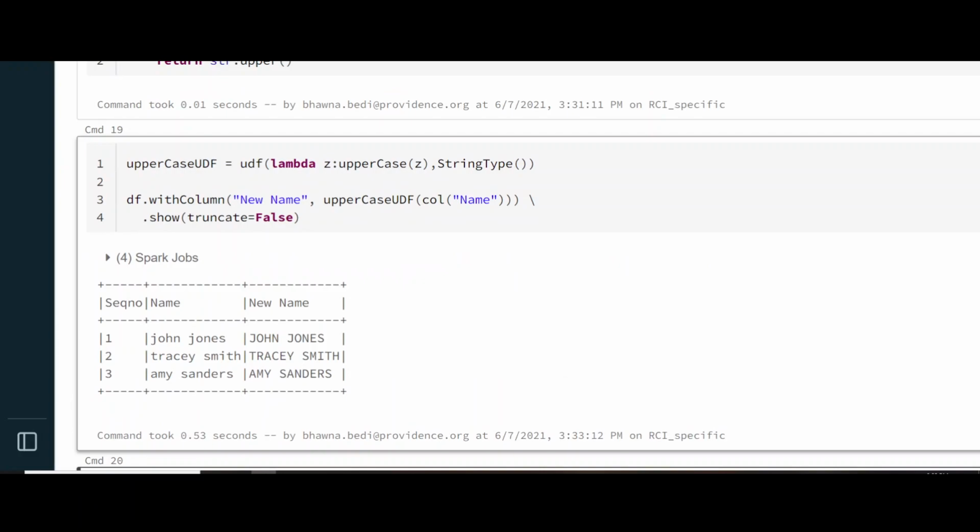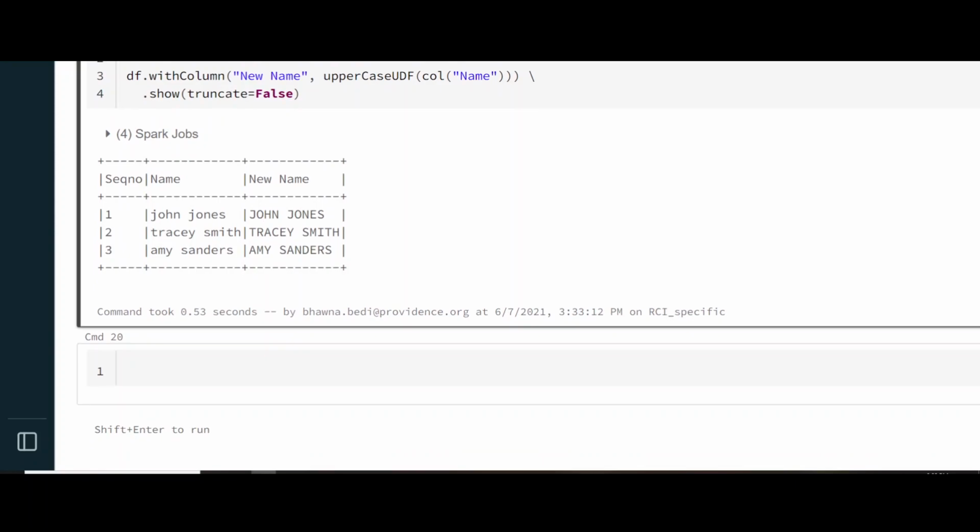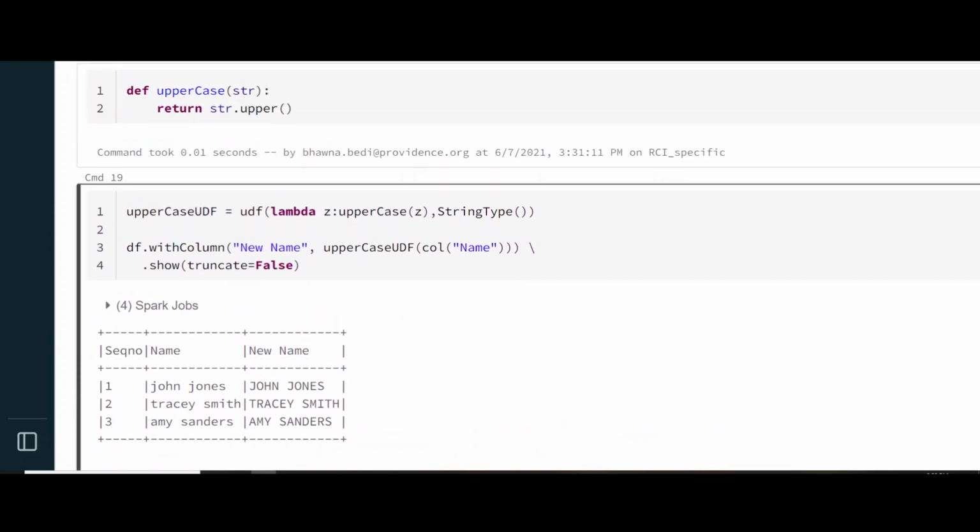It takes the UDF, provides the column which is being used by the UDF, and using withColumn it adds a new column named new name. Now you can see the sequence number, the previous column name, and the new column new name with the uppercase values. So this is how you can add a new column to a data frame.